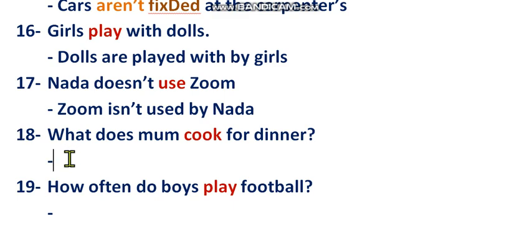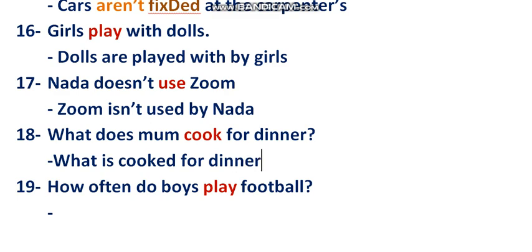What does mom cook for dinner? We're going to keep the question in the passive. So what is cooked for dinner? We did not use does because we already have a helping verb, which is. How often do boys play